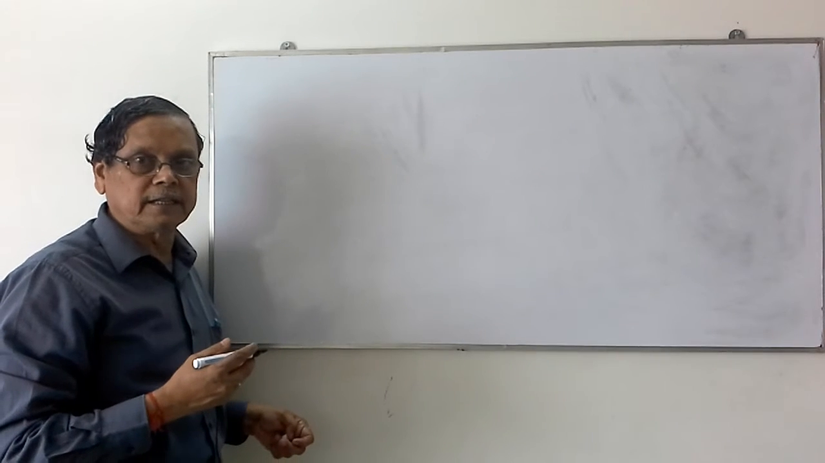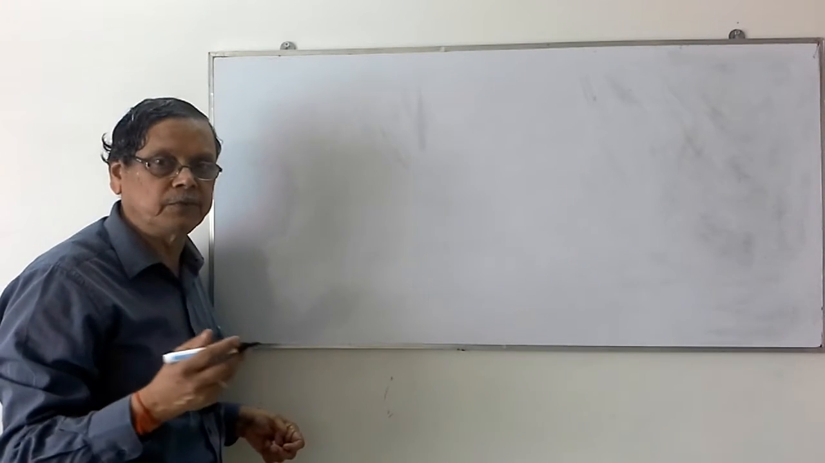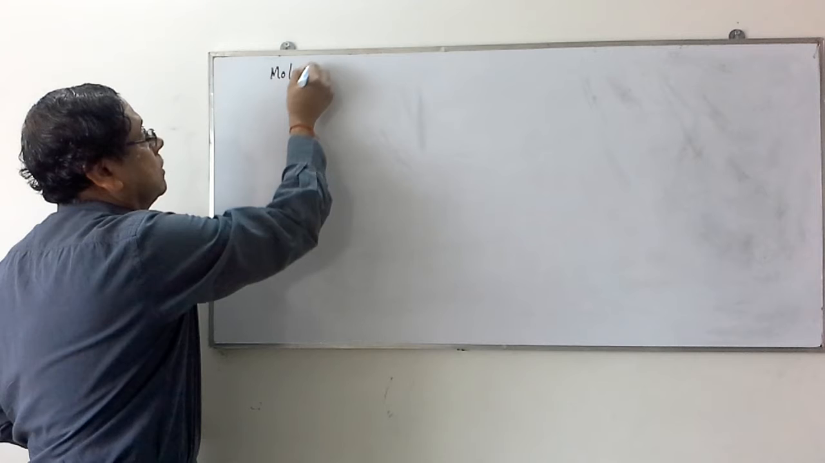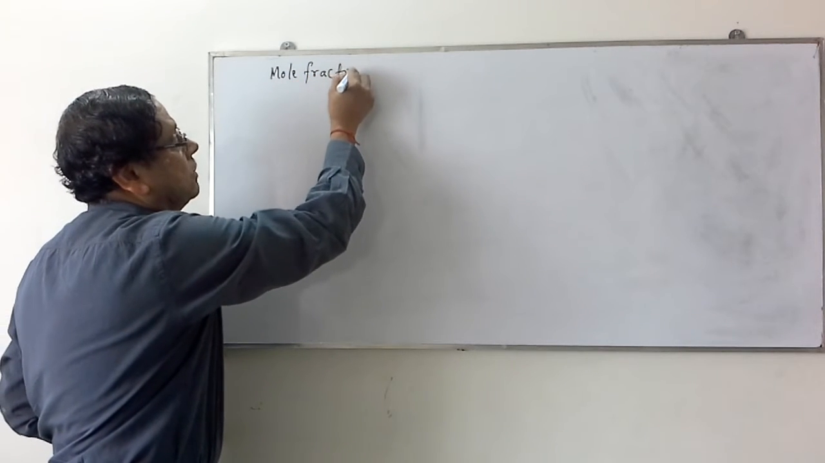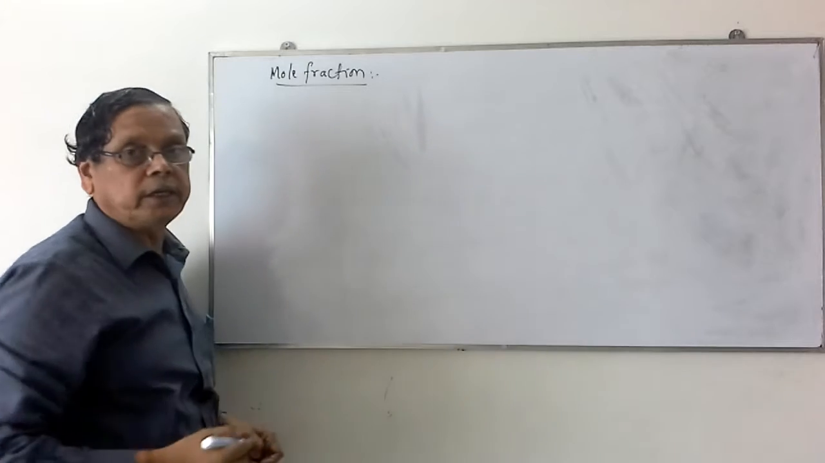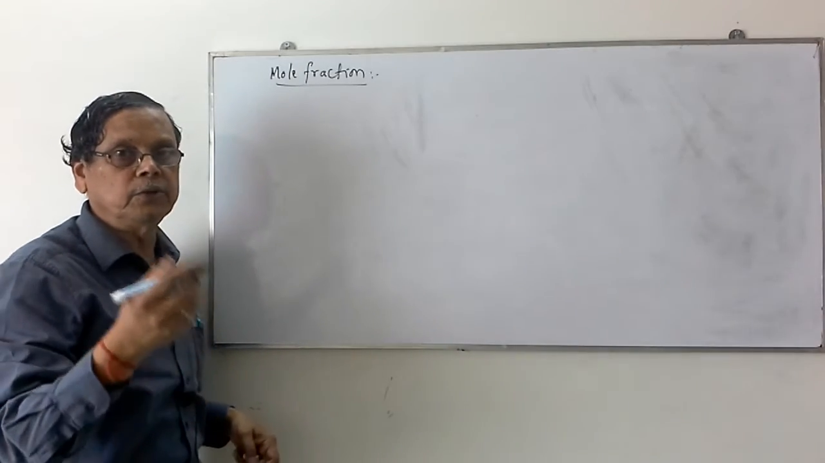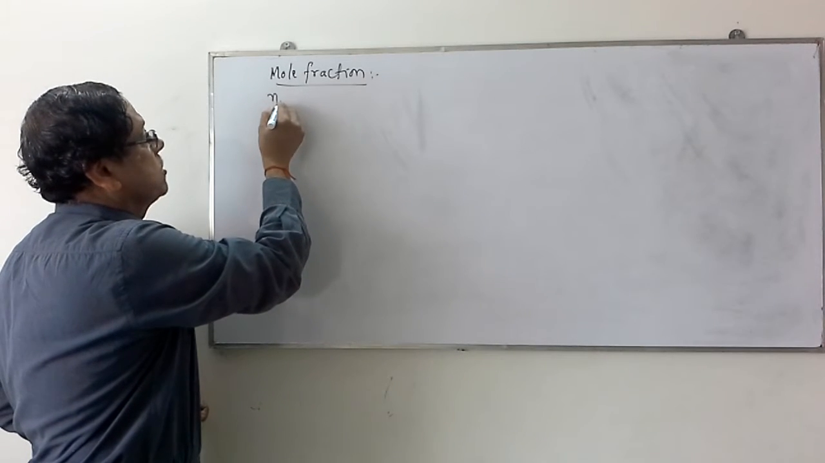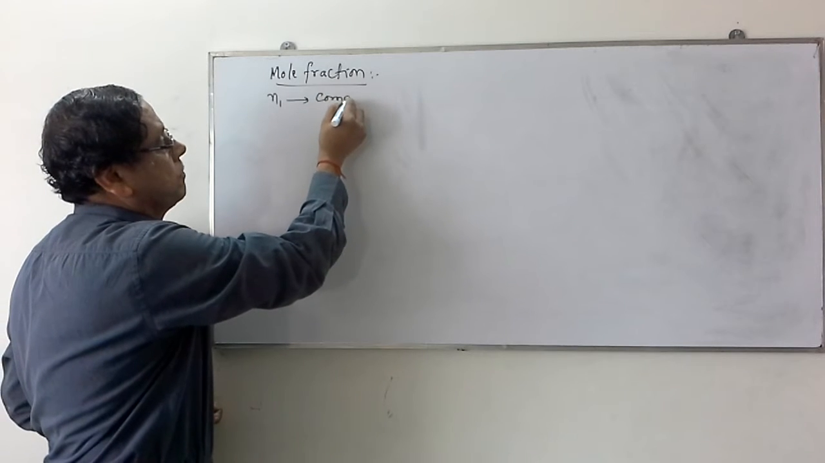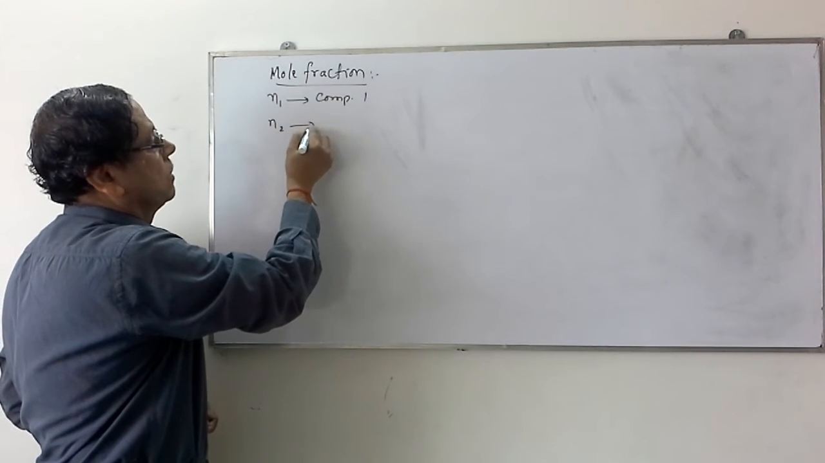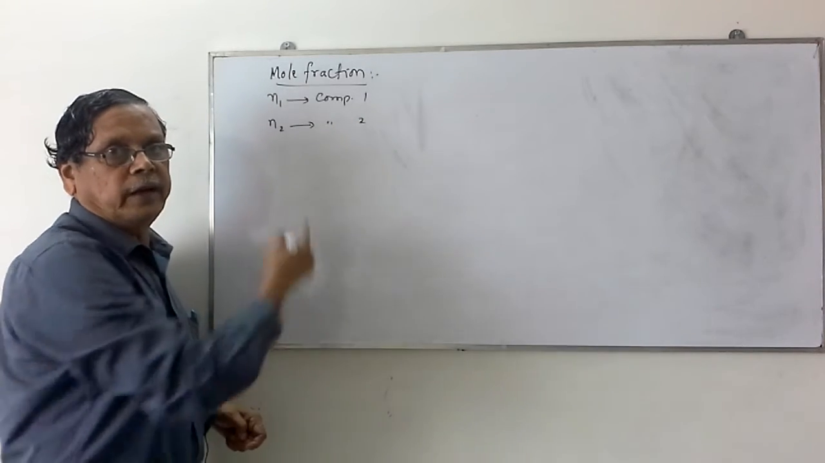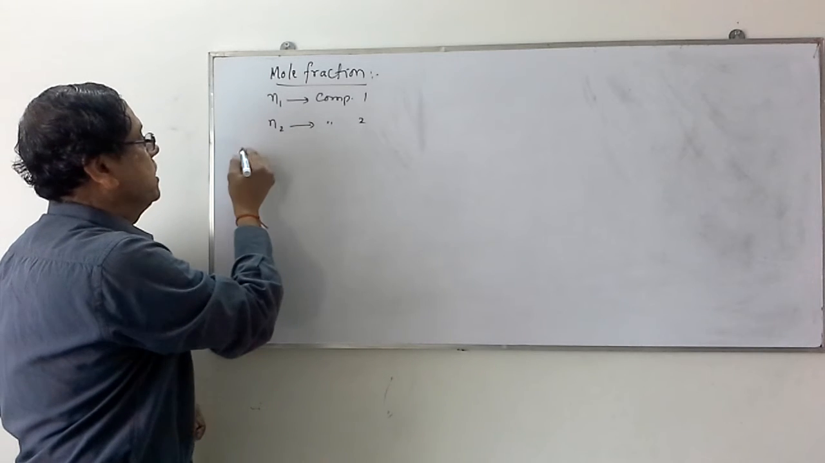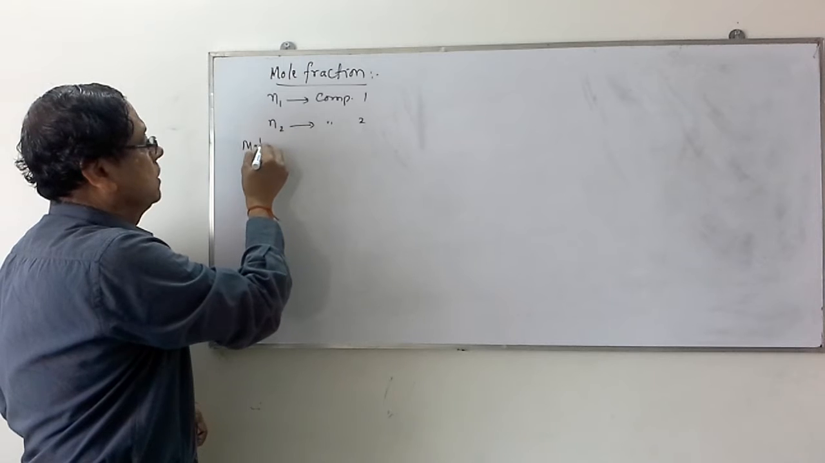Let us consider some more concentrations in continuation from the previous video. So the next concentration is mole fraction. This is an important concentration unit that we use especially in physical chemistry. Suppose you have N1 moles of component 1 and N2 moles of component 2. If N1 and N2 are the number of moles of components 1 and 2, then the mole fraction is defined as